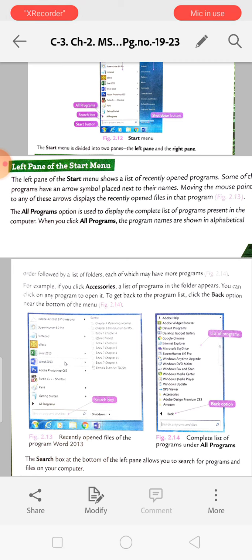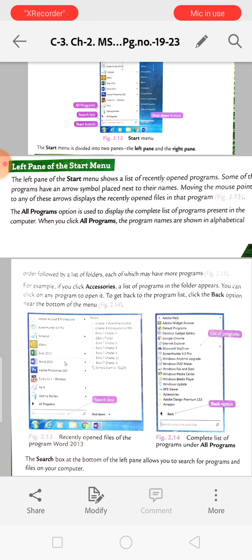Moving the mouse pointer to any of these arrows displays the recently opened files in that program. So in the left pane there is the start menu. If we click on the start menu, a list will come. Then there will be arrow symbols. If we click on that arrow symbol, the programs that were recently opened will come.